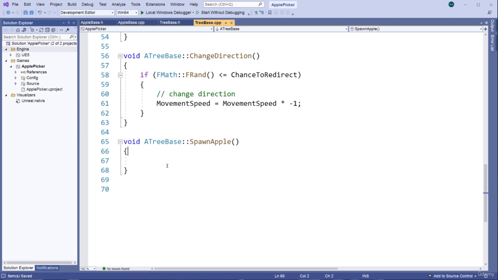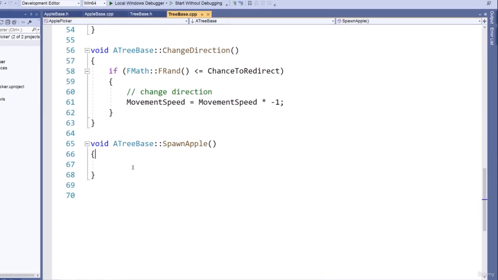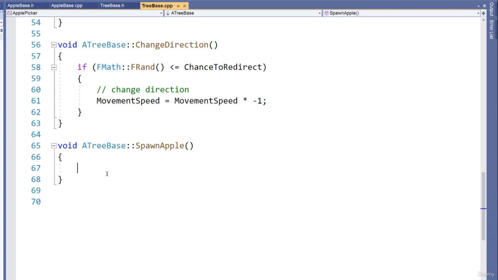Next, we need to think about what we want to do in the spawn apple function. If you think about it, we basically want to spawn apples randomly to the left or to the right of the apple tree with some offset. Instead of spawning in the same place each time at the center of the apple tree, we want to add some randomness and some unpredictability and interest to the game. And to do that,